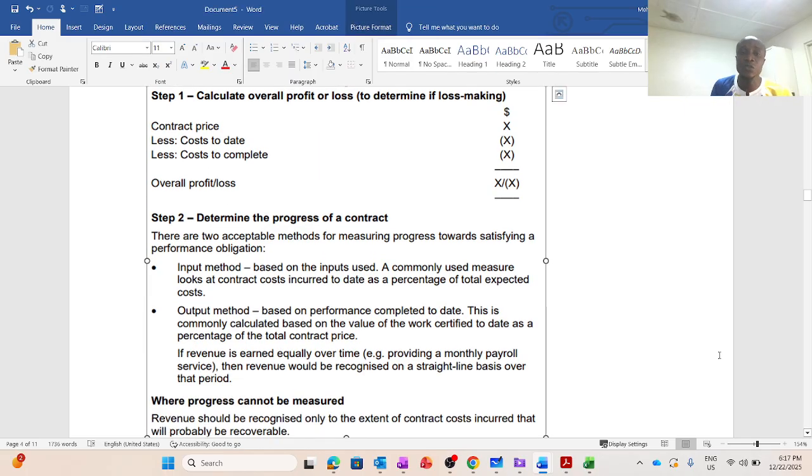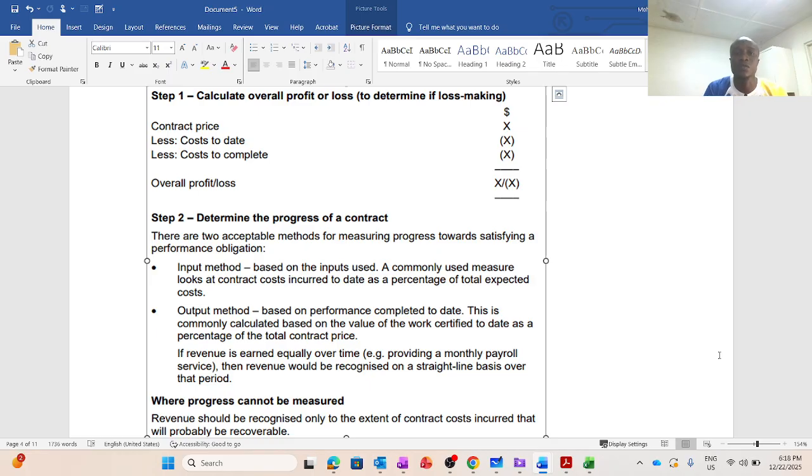Firstly, we are going to calculate the overall profit. We are looking at the total contract price, then we are going to look at the cost incurred to date and the cost to complete. So the difference will be a profit or a loss. If the contract price is greater than the total cost, which is the cost to complete plus the cost to date, then there will be a profit. Alternatively, if the contract price is less than the cost to complete plus the cost to date, then there will be